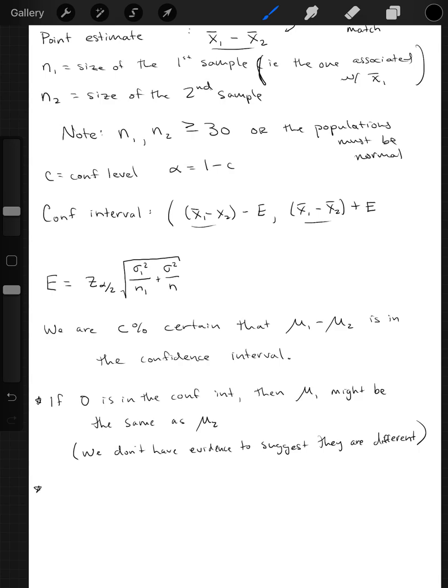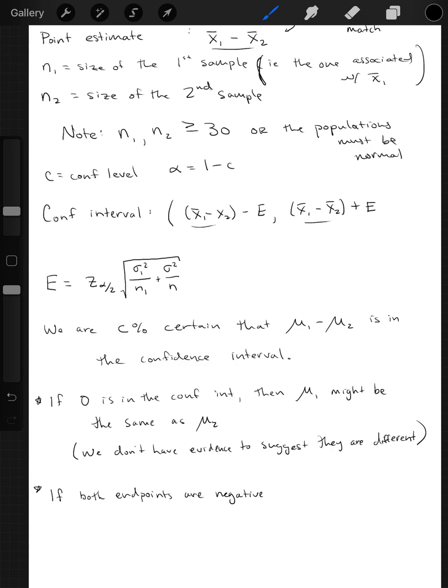Right? If 0 is not in the confidence interval, that either means that both endpoints are negative or both of them are positive. Right? If one of them is negative and the other one is positive, then 0 is going to be in the interval. So one of the other options is if both endpoints are negative,